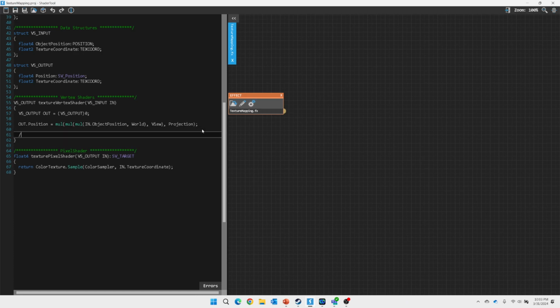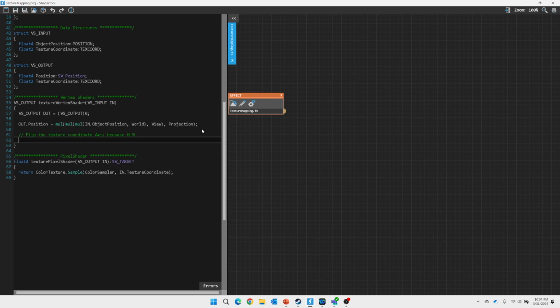And then I'm going to put a little note here: flip the texture coordinate axes. We're going to flip the texture coordinate axes because this is HLSL, because they say it has to be that way. So we're going to say out dot texture coordinate